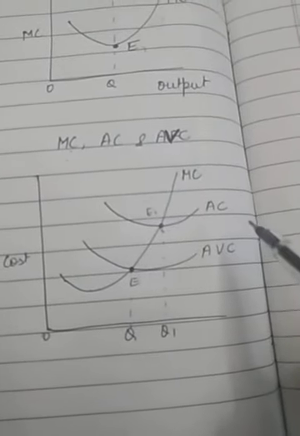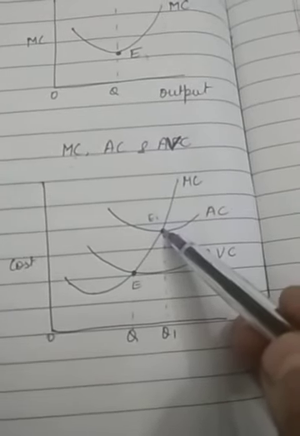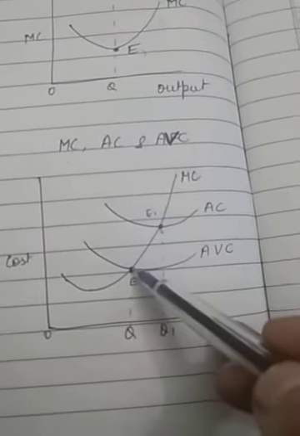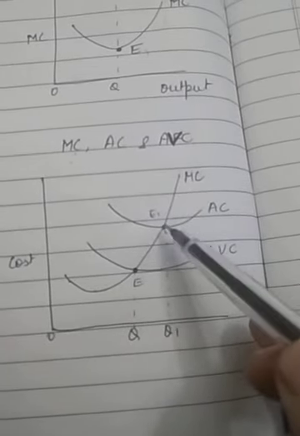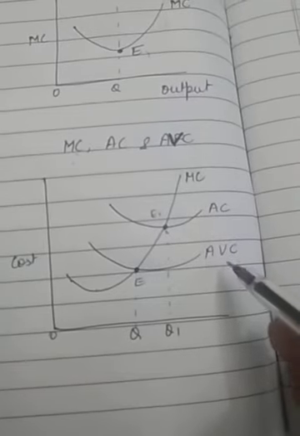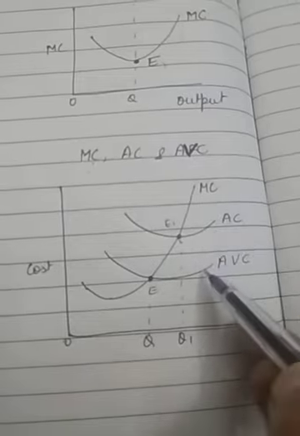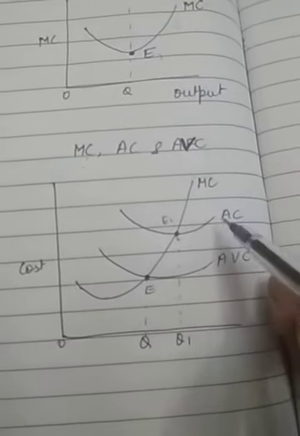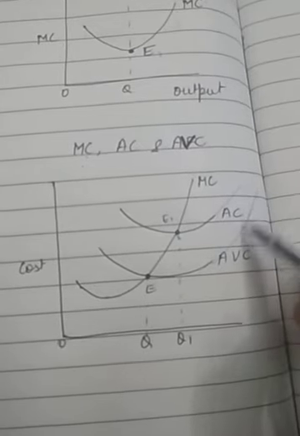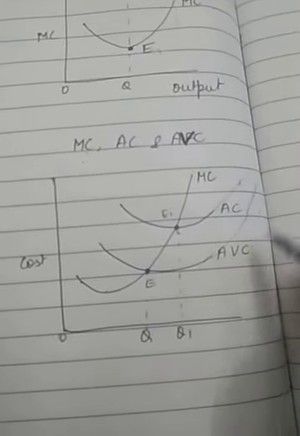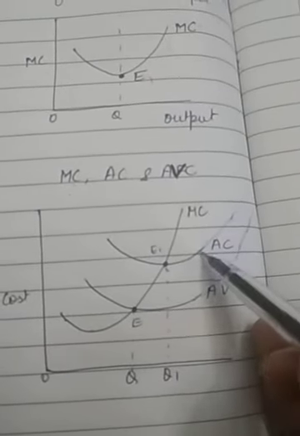Second point, MC curve cuts AVC and AC at their minimum points. Here you can see at the E point and E1, MC is intersecting the AC and AVC curves at their minimum points, and the vertical distance between AC and AVC curve is declining. That means if we increase output, it will grow like this. It will come closer, but it will never intersect with each other, because the vertical difference between the ATC and